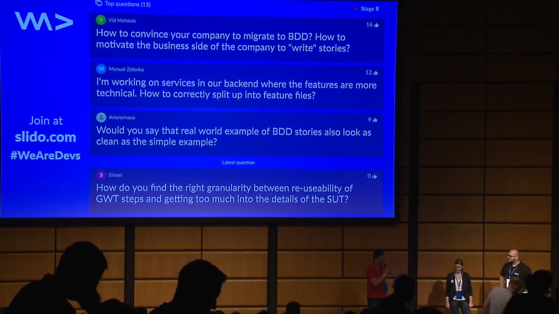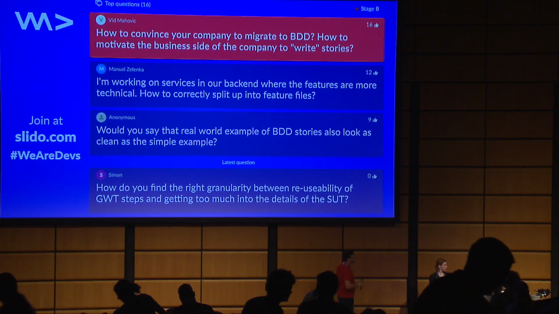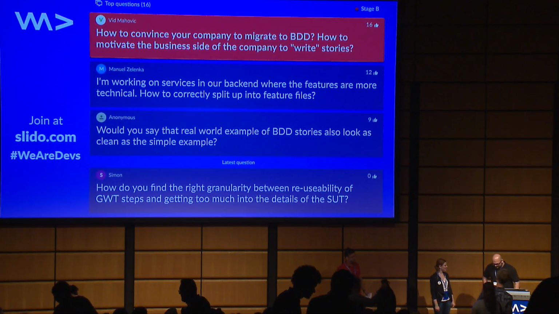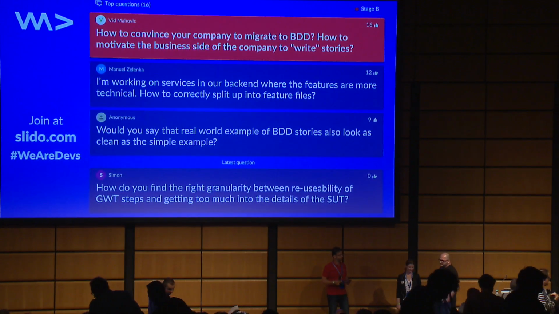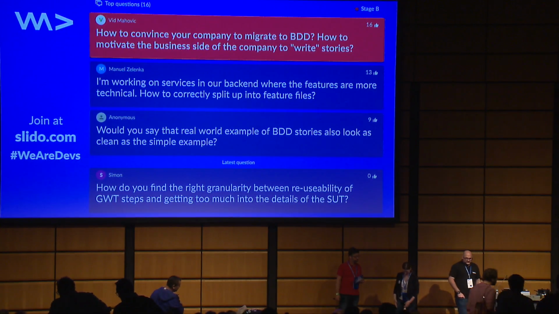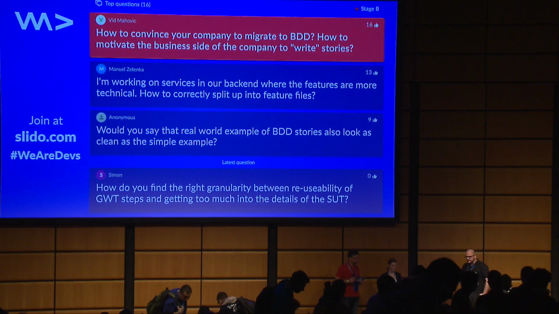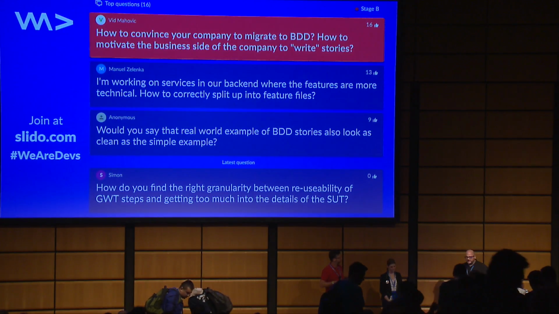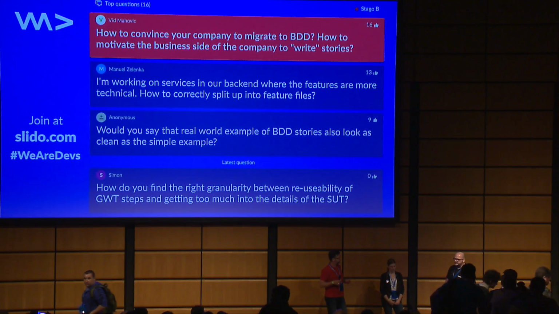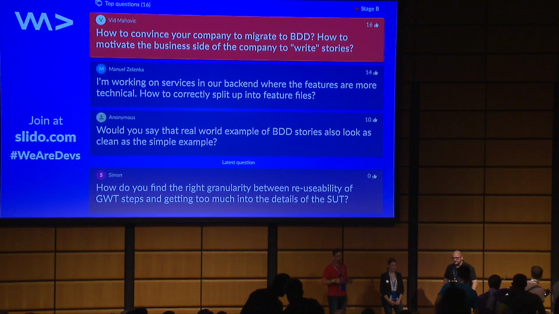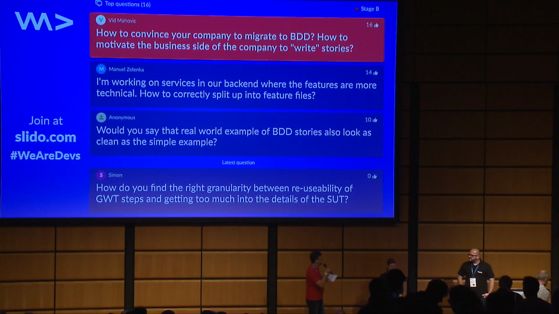I think you addressed the first one. But what are the most important things to convince the company to migrate to BDD? Thomas? The most important thing is to describe all the advantages BDD has. I mean, you have a learning curve with BDD, and you have to get used to using BDD. But the most important thing to convince management is to prove that it is working and to show how it is working. Yeah, leading by example is always very important.